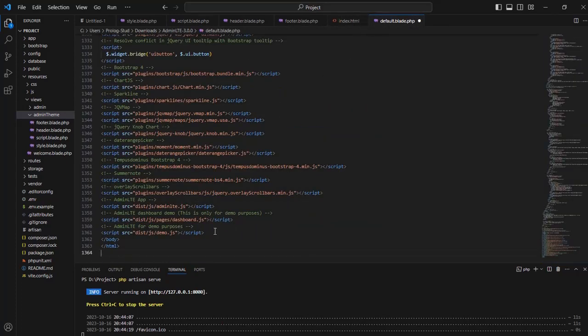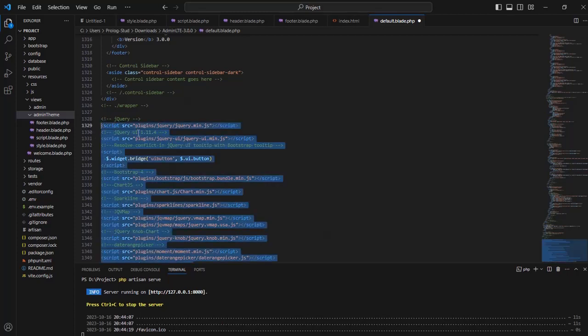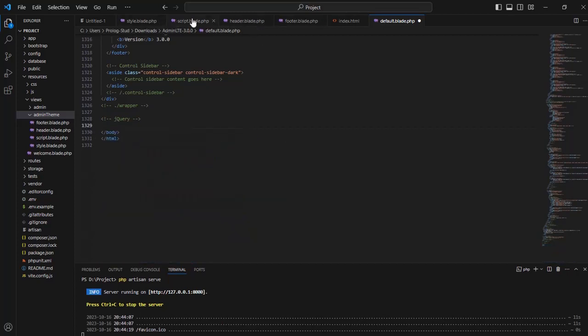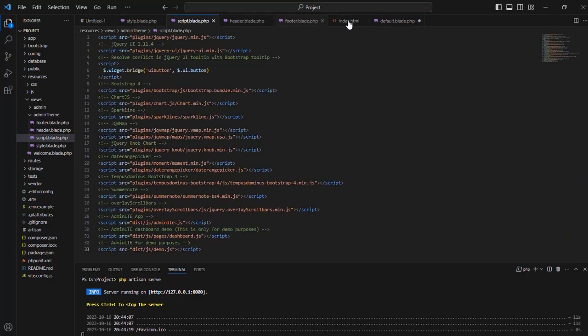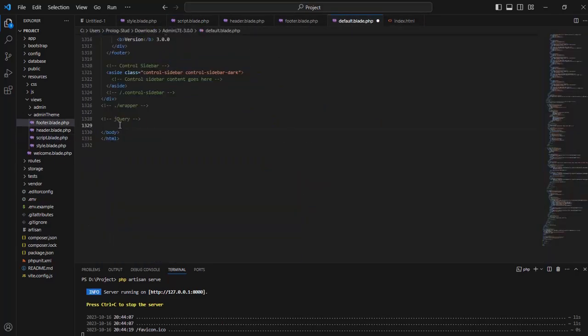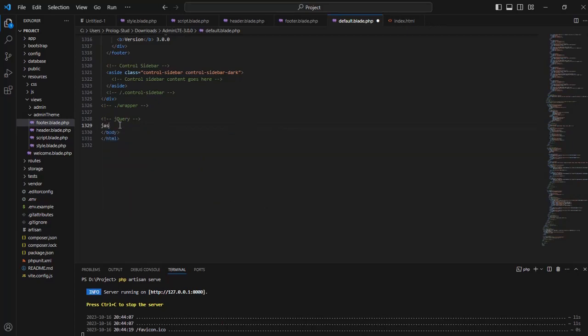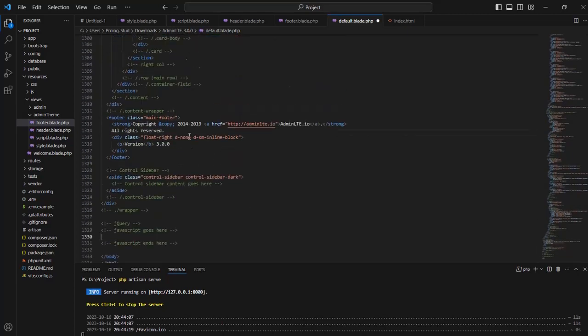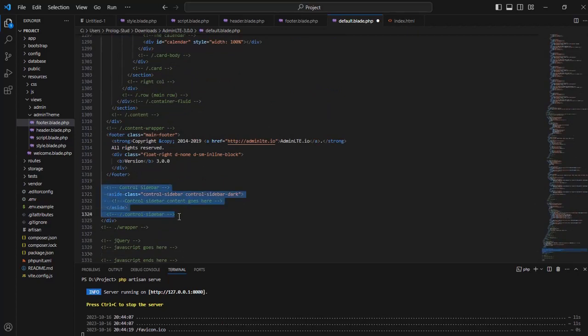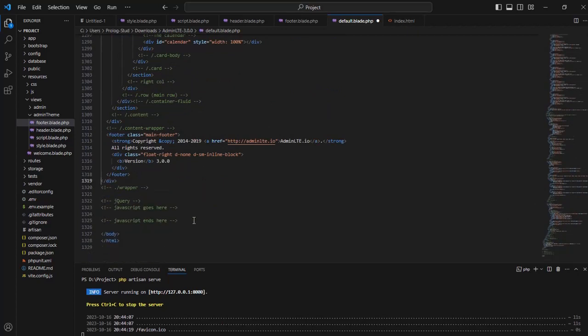So first of all, from the bottom part, we cut all the script tags and place the script tags inside script.blade.php. Now inside the default.blade.php file, we put some comments for better understanding of the code. Here we write some comments for the script section. So we write "JavaScript goes here" and end the comment with "JavaScript ends here". Inside that, in between this comment,